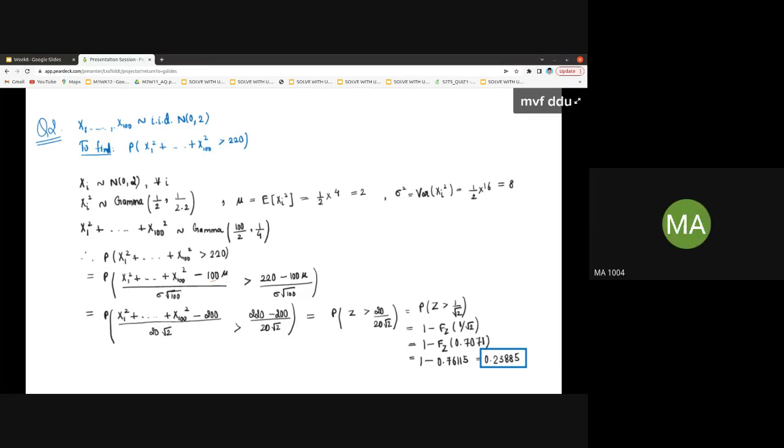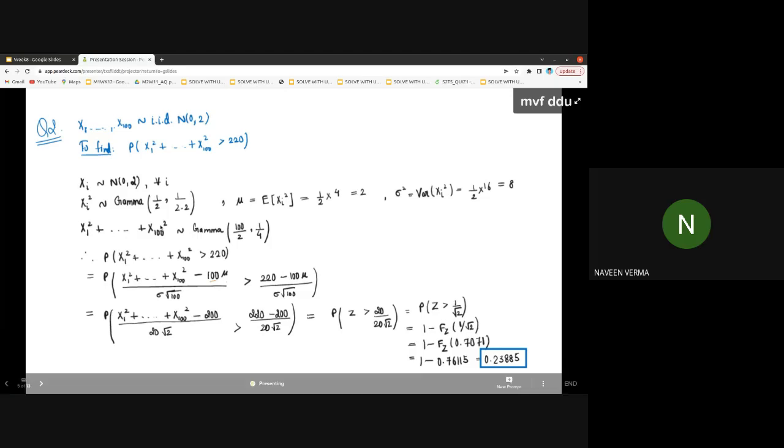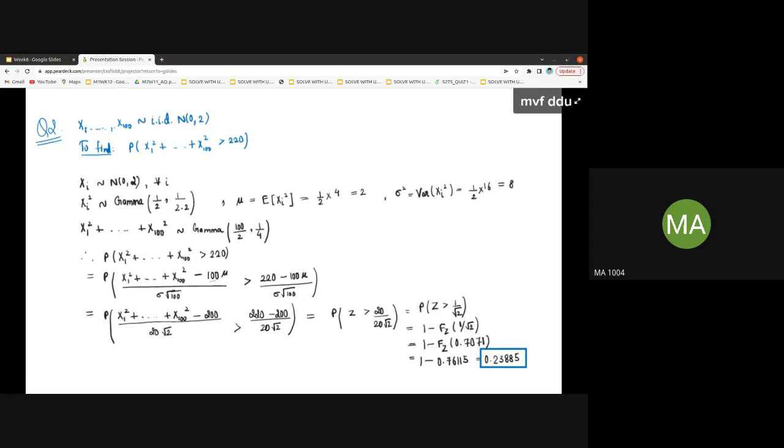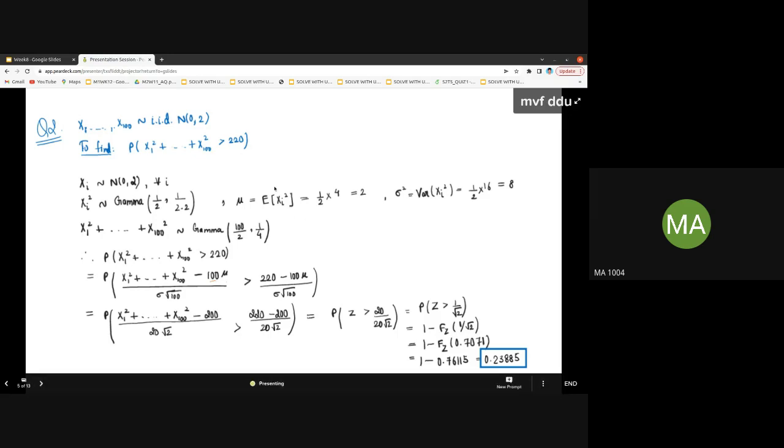Which one? The sum of gammas will follow gamma. Third line, sir. These things will not be given. Sum of gamma will follow gamma. These things you have to know. Sum of normals will follow normal. Linear combination of normals will follow normal. These things you should know. All these formulas will give you the expected value and variance of a gamma distribution, and